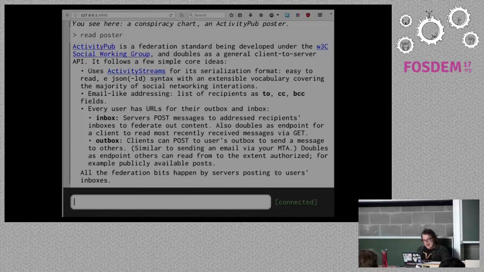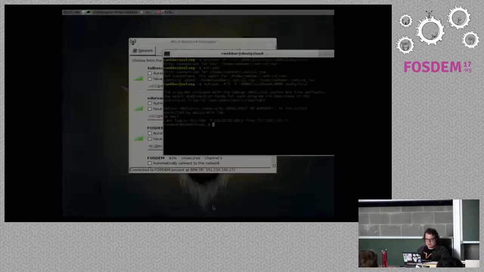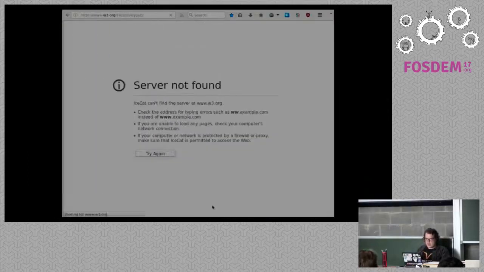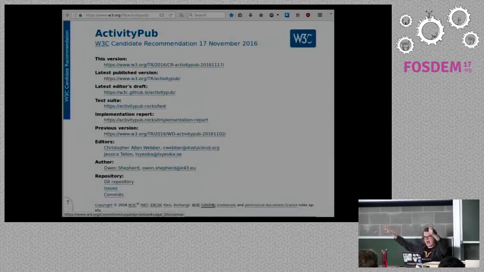So anyway, ActivityPub's pretty simple. The whole idea is that every user has an inbox and an outbox, and when federation happens, say I post a video to my Media Goblin instance, and Ludovic wants to see this video. Ludovic is subscribed to me, so my server posts the serialization of the metadata about the video to Ludovic's server. It's just a simple JSON format, a fairly extensible one. So it goes over to Ludovic's server, and it might look like this.